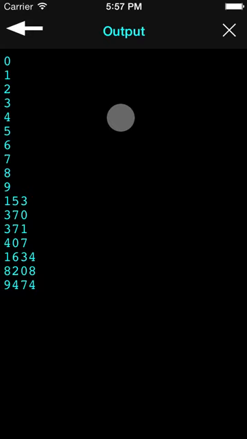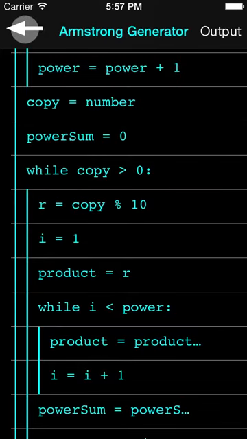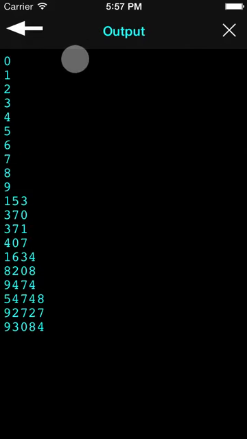It might be a while before the next one shows up. It might be a few, because the next one is 54,748. There we go. Okay, so those are the narcissistic numbers. Forget what you call it. Let's see, how long will it be till the next one shows up? It should only take about 3 times as long as the previous one. But it'll still be computing, so we don't have to take forever. It will keep going until it reaches